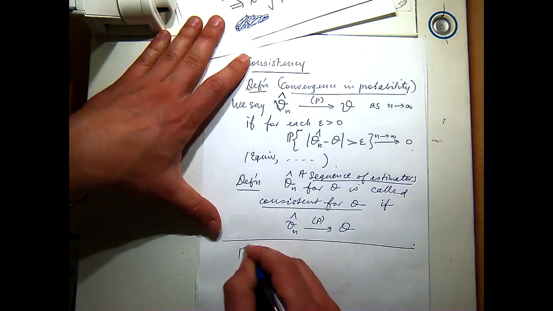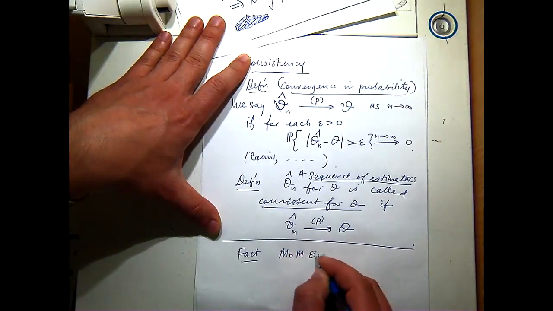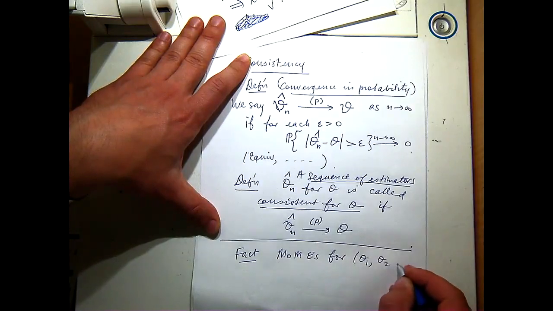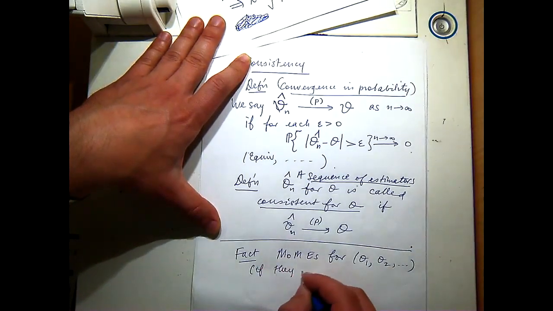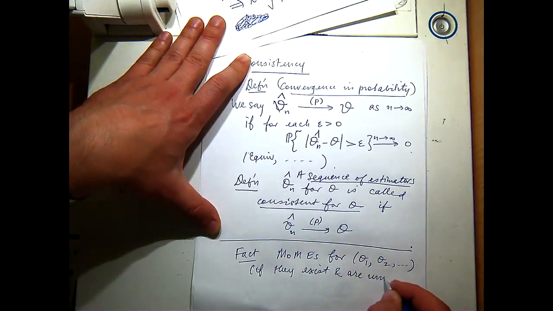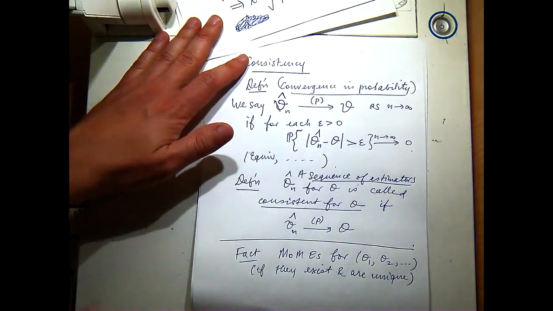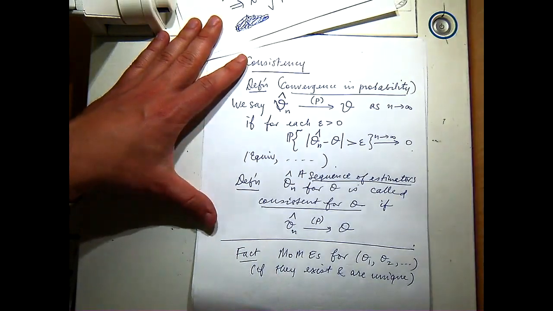So, fact: method of moment estimators are consistent, if they exist and are unique. I'm sort of assuming that the method works. There are plenty of cases where it doesn't work. A classic example is where there are no moments. The Cauchy distribution has no moments, so method of moments is not going to work. But there are plenty of ways